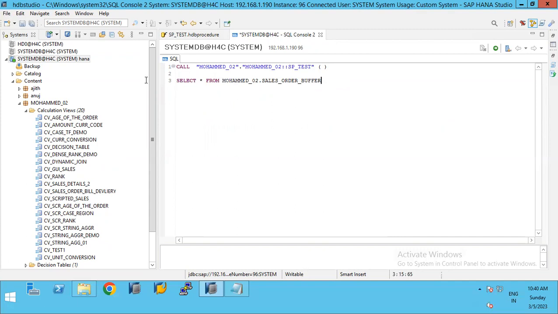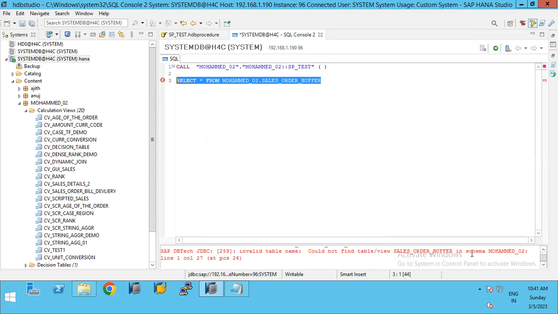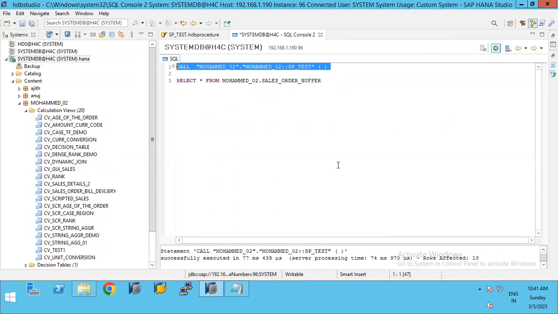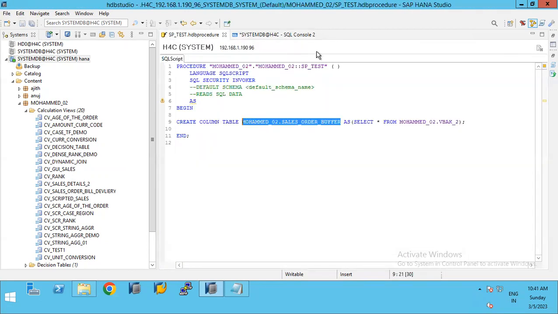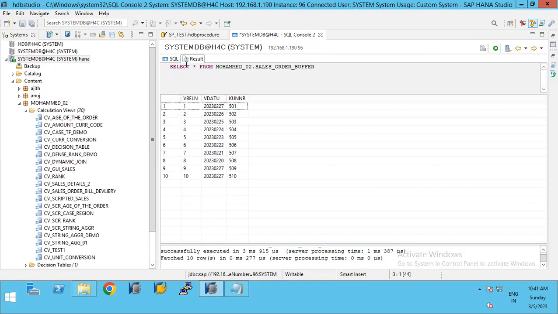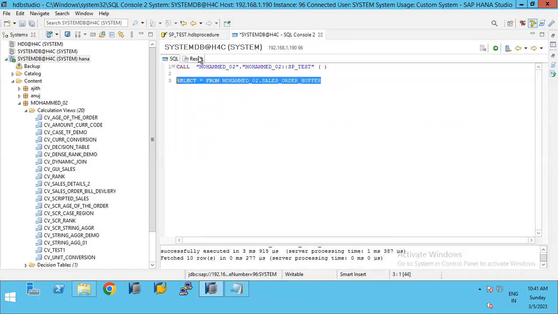So when I execute this, it will say table does not exist in so and so schema. Could not find the table. Okay, so now let me call it. Calling successfully completed. Now select it. So the table is generated in the schema, and the definition of this table is the output of this VBAK_2 table. Okay. From the next time, if I call it, it will fail because what it will